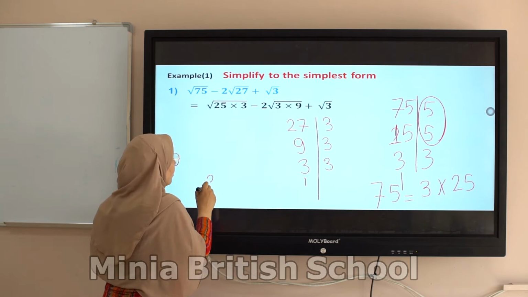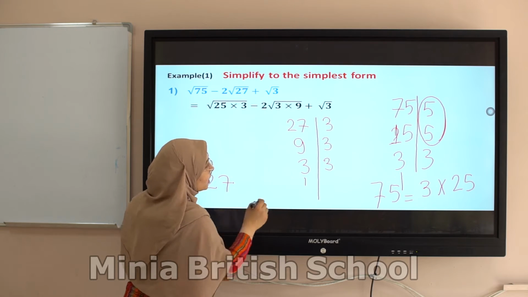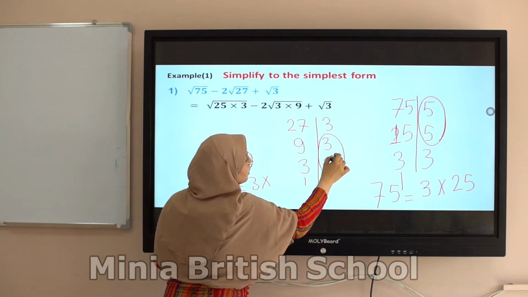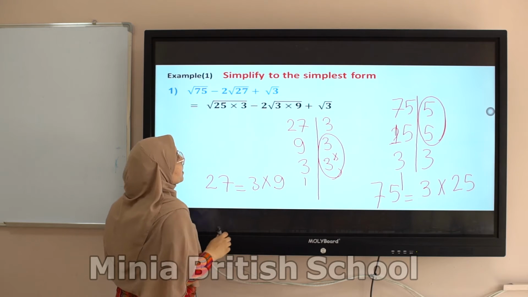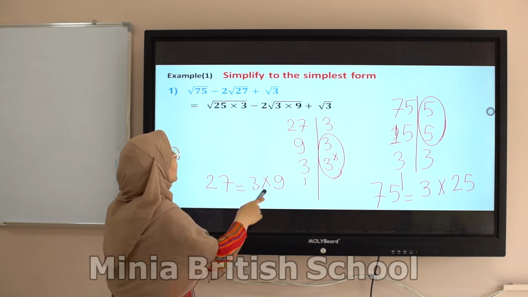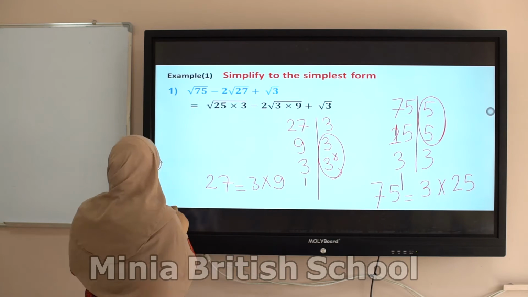So I can write 27 equals what? Equals 3 times 9. Okay. So 27 equals 3 times 9. And root 27 is the same. Now,